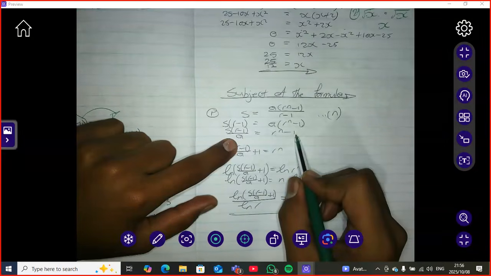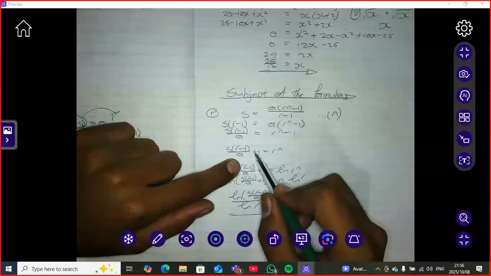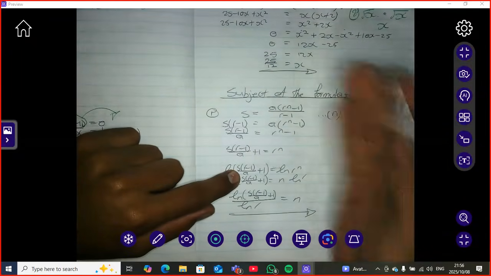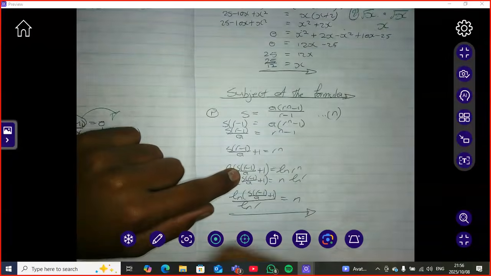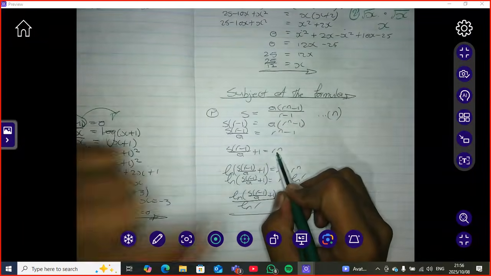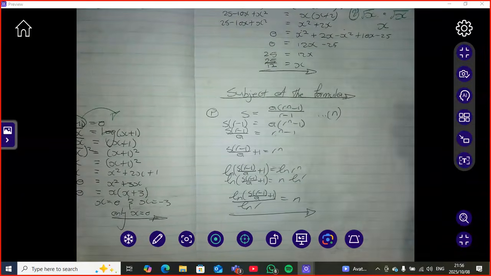I'm getting closer now. Let's take this negative one to the other side, plus one. This side is my third one now. So whenever I don't want this side, I must put that side. That's how you do this. That's how you pass this question. So here I have r to the power of n, and I want n, right? So based on all the laws and the rules that we've learned now,